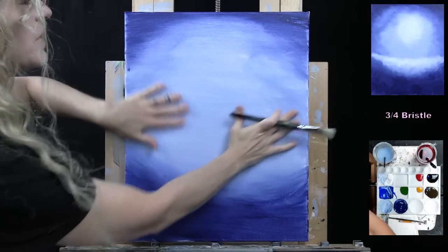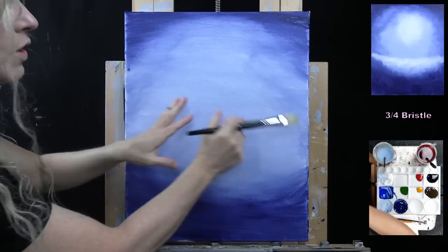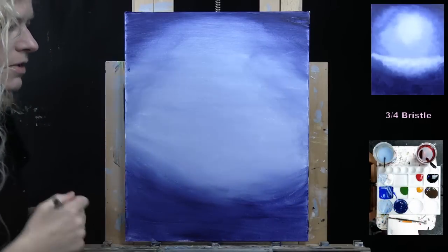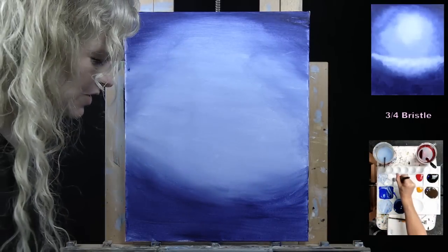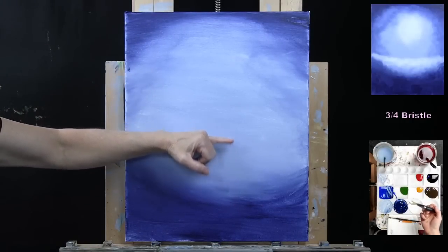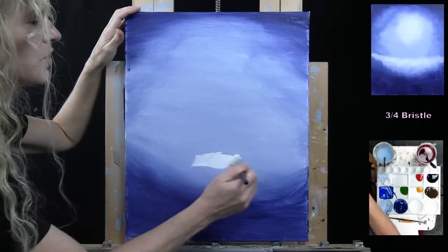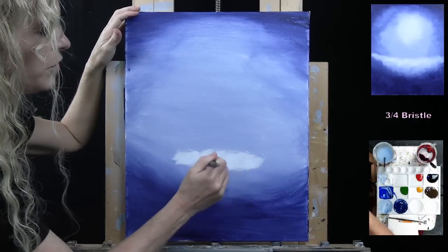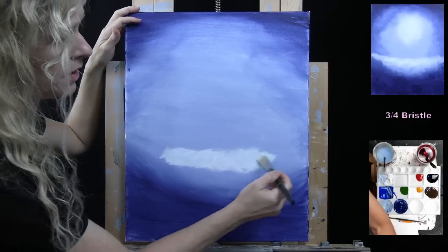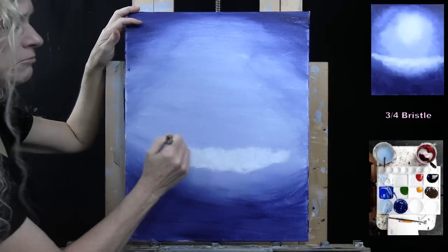I want the back, maybe the sky, to be nice and soft, but where the sky meets the clouds and stuff in through here, that doesn't need to be anything perfect. So we're going to start with some white paint, and if this is about halfway up or down my canvas, I'm going to go a little bit below that, and then just start using this circular brush stroke to get this lighter section on in through here. And again, it doesn't have to be